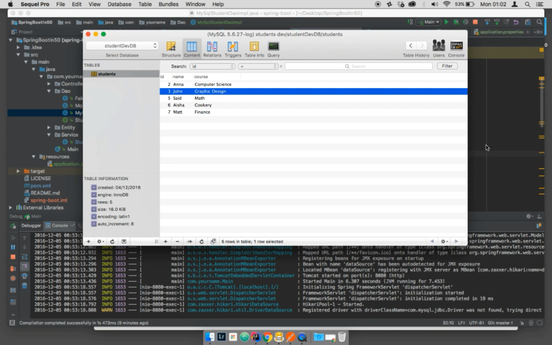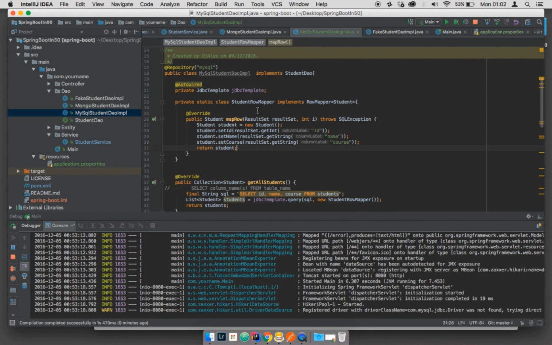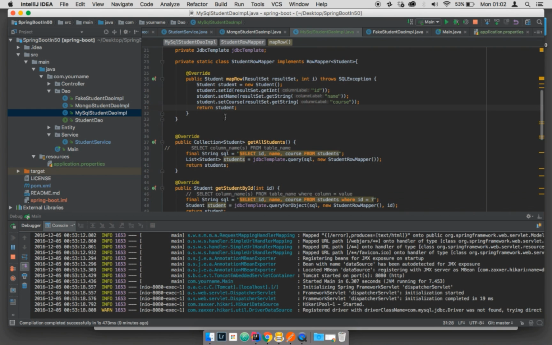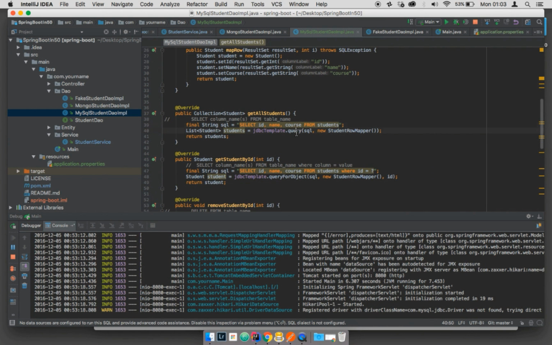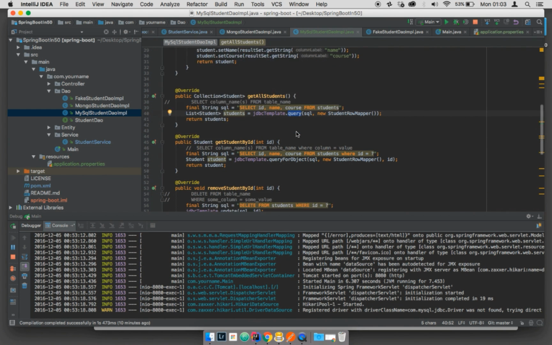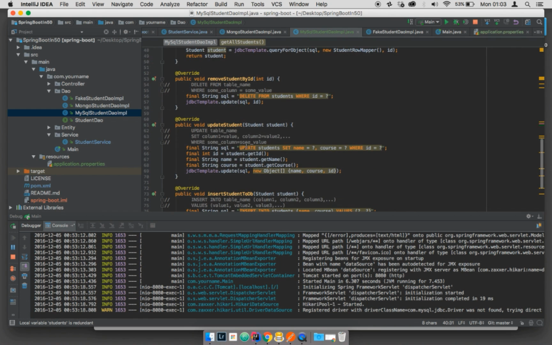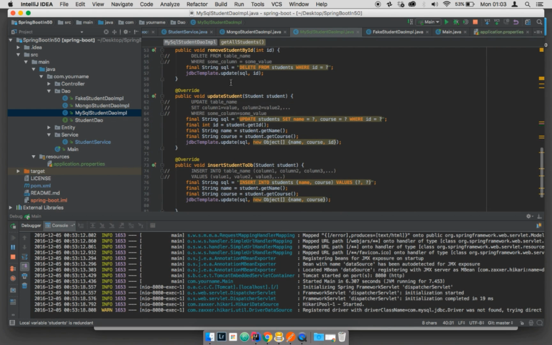So as you can see, JDBC template is not really difficult to use. For getting information, we use query, and this simply gets all the rows from that table. Query for object gets only one record from that table because we have the where clause, but we could also use the query method and then simply extract the first element from that list. And remove, update, and insert were pretty much the same thing,